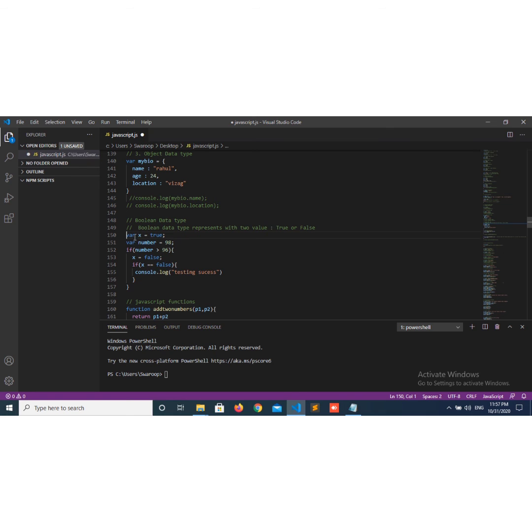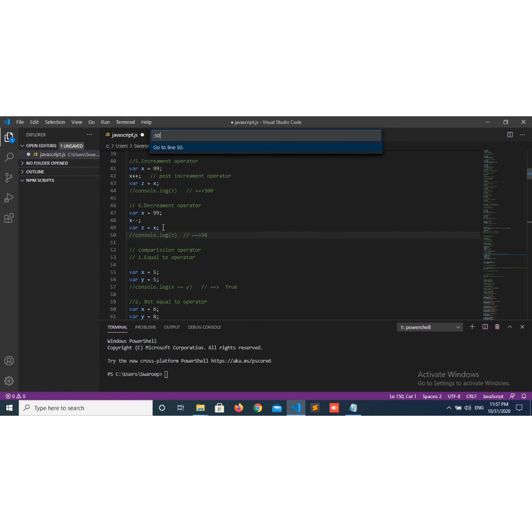Now I want to move from line 150 to line 50. I click Control plus G, type 50, and click enter. Now my cursor point is at line 50. Like this you can jump from your cursor point to the required line number through the Control plus G command. Okay.